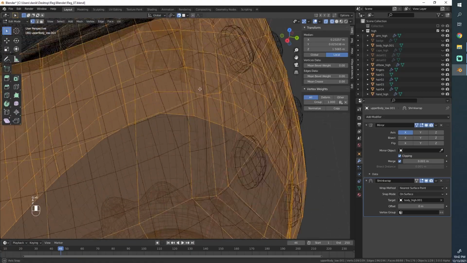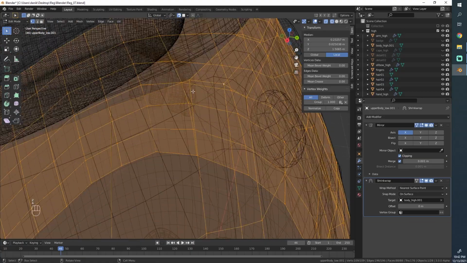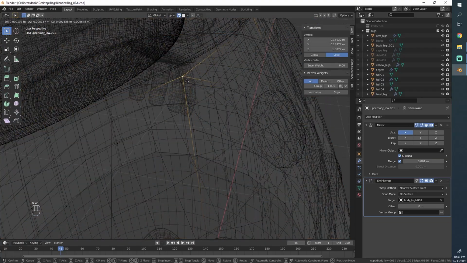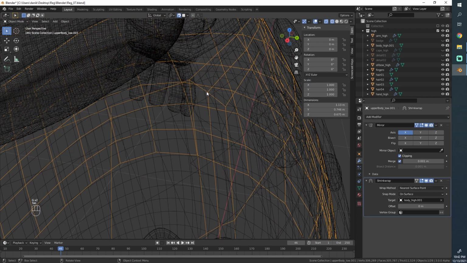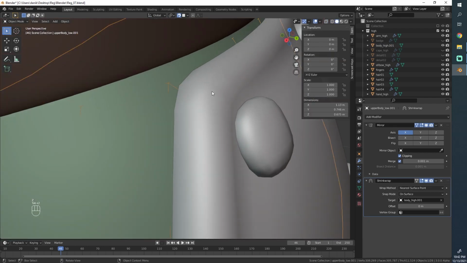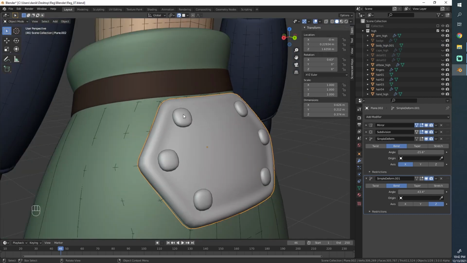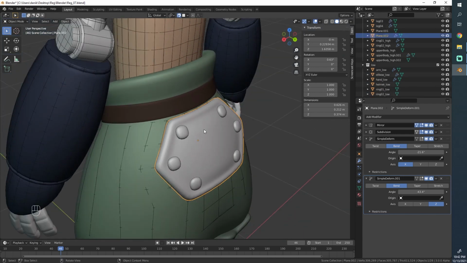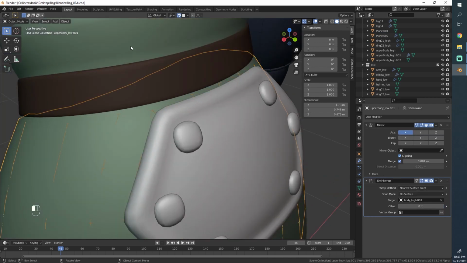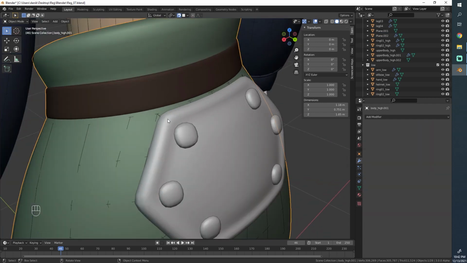I think we might have... no, that looked like something was wrong here, although there might be... yeah, look, here is the thing. Good, I noticed that now. This is the case I was talking about before, where with two different objects, you're snapping to this object only, so it doesn't snap to it here.